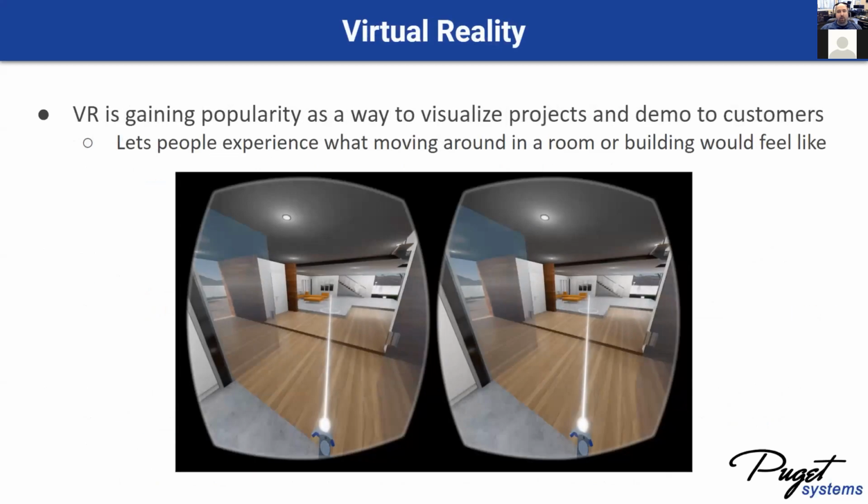And then the other main topic I want to talk about outside of Revit is VR, virtual reality. It's gaining in popularity. I've done some testing out here in the office. I actually went ahead and got a VR system for home, not for Revit, just for fun. But it's a really interesting way to immerse yourself inside of a model once you've created it and let people